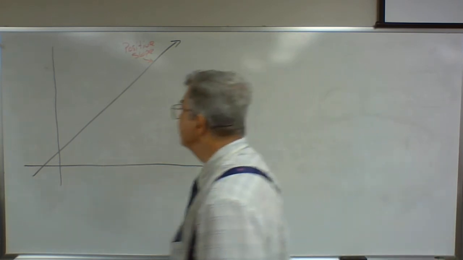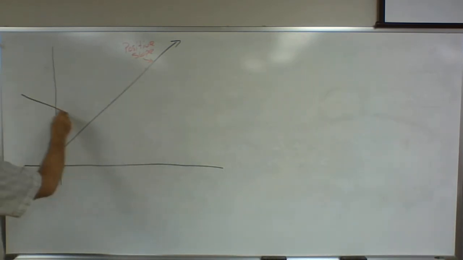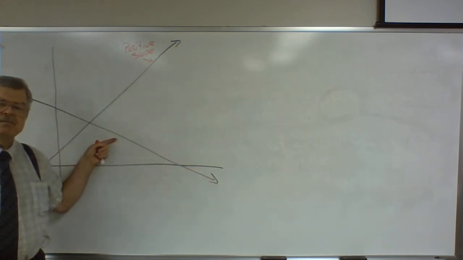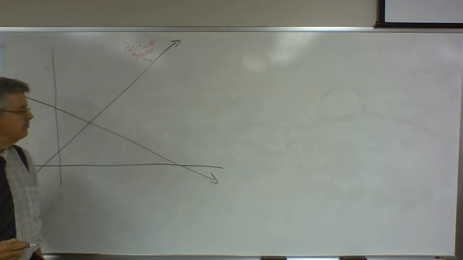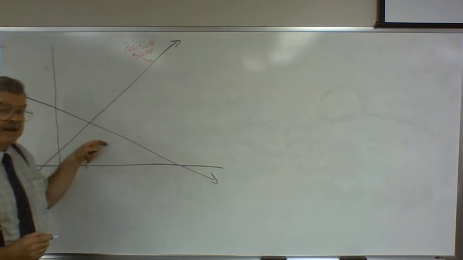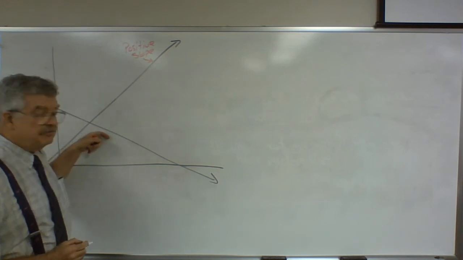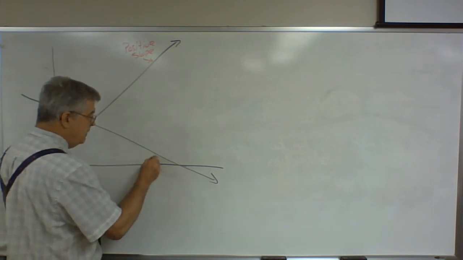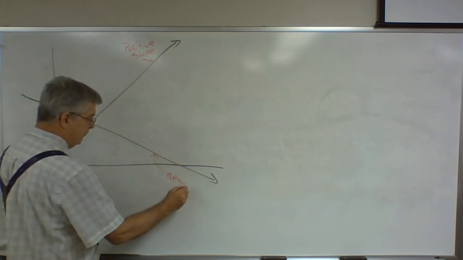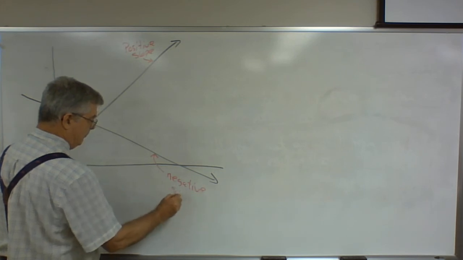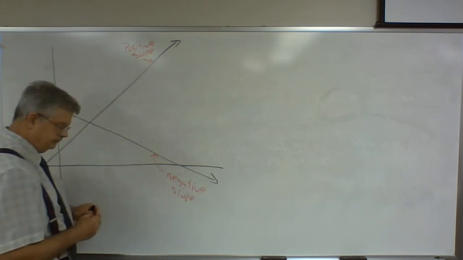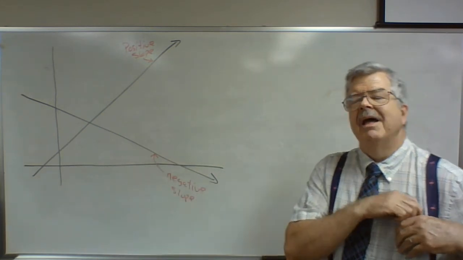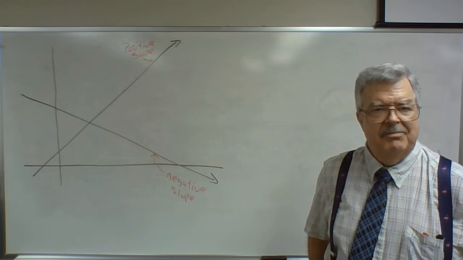Well, what about this line? What about the slope of this line? Negative, because it goes downhill from left to right. And if that's what you said, you're right. And let's make one more observation